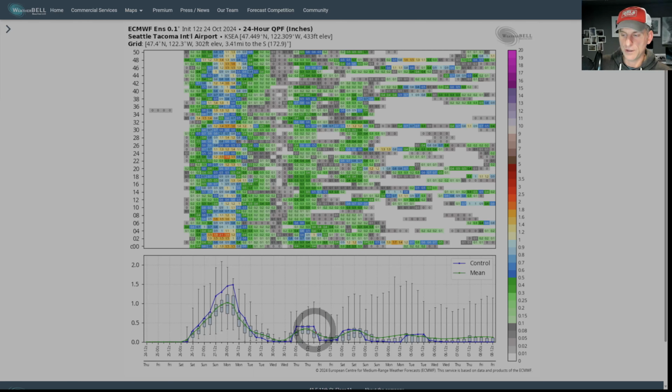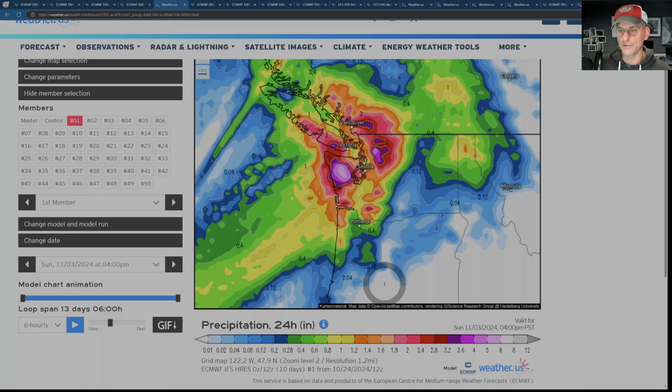And we go off into the extended forecast and you can kind of see how the mean and the control start to diverge a little bit, and some of these wild ensemble members showing up there. For example, this one on, looks like, November 4th shows 1.7 in a 24-hour period. But again, some of its ensemble brothers and sisters out there don't show that much rainfall here. So you can just kind of cherry pick that one, or you can look at the control run and it shows absolutely nothing. So when you're a forecaster and you're looking off into the extended forecast, you don't have much confidence in the forecast out here, no doubt.